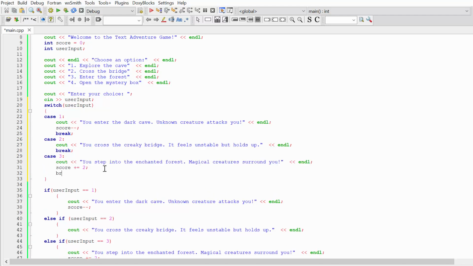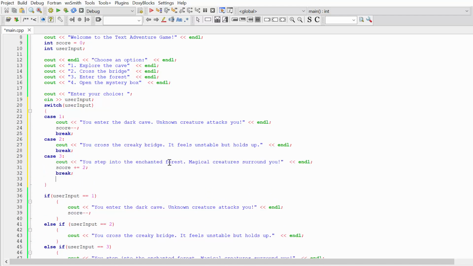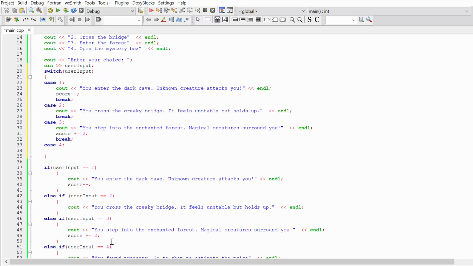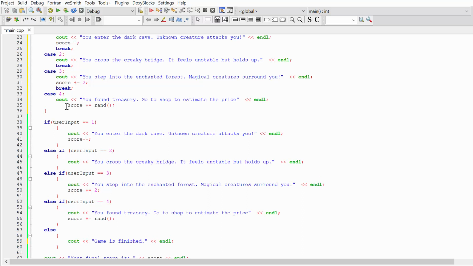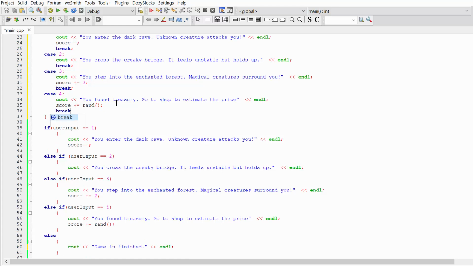And once again, don't forget the keyword break. And then one more case we are going to check is case user input is equal to 4. And in this case, we are going to run this code: you open the mystery box and your score is changed by some random number, and once again break.